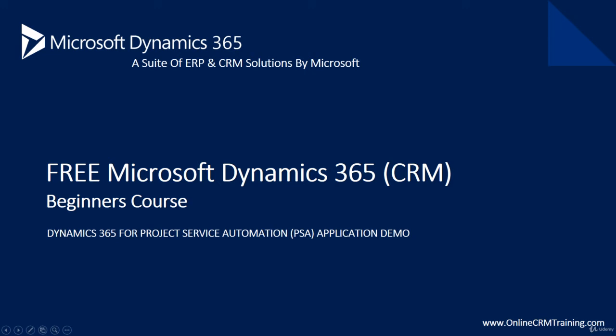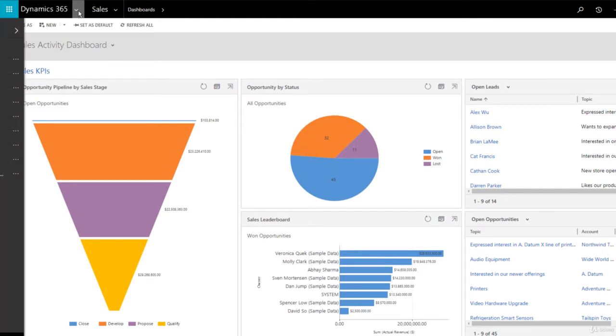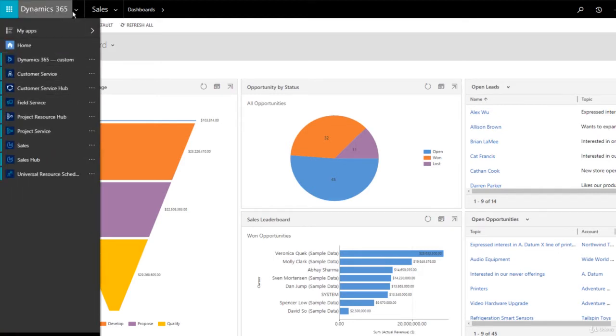Alright, so now let's see the project service automation application demo in Dynamics 365. So here we are in Dynamics 365, and now when you are working with the latest trial that you will sign up, you will see the project service from here. Okay, you can see the app selector and you can click on the project service and you will see only